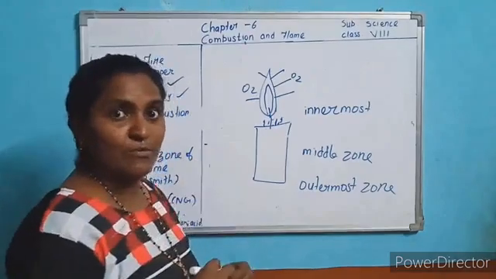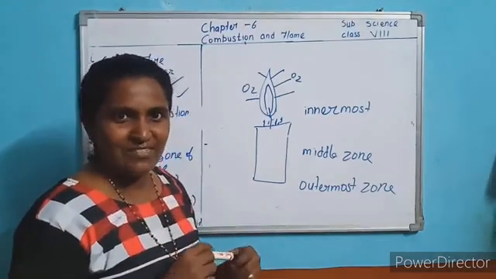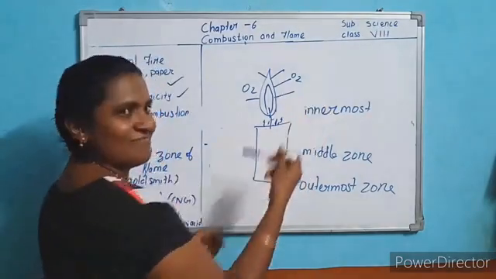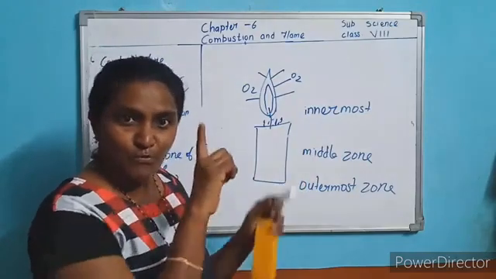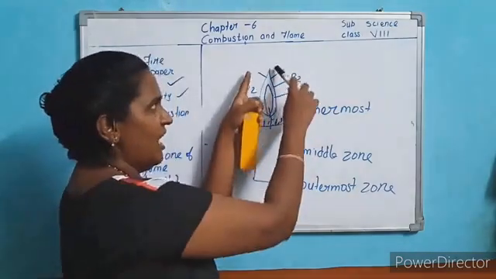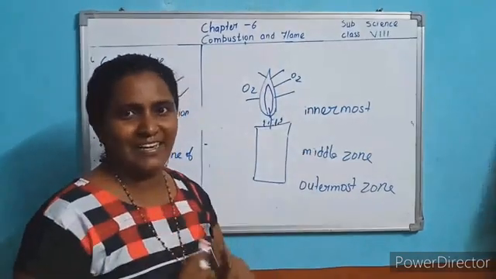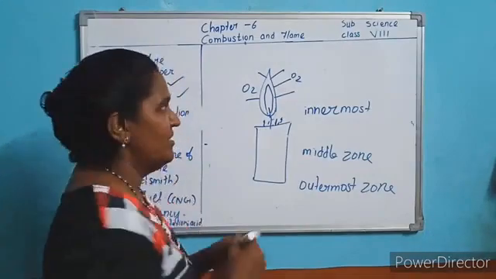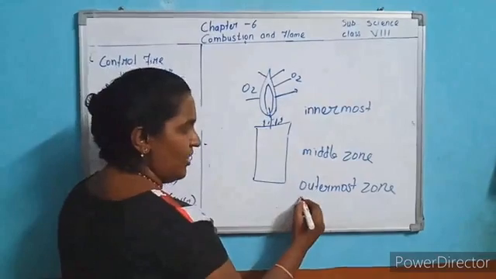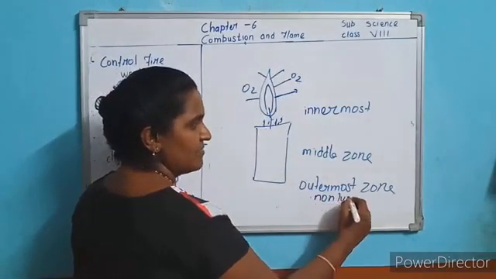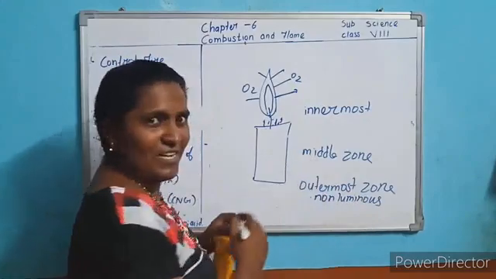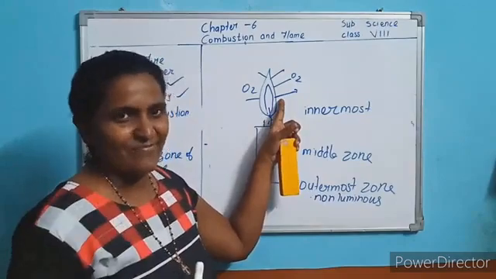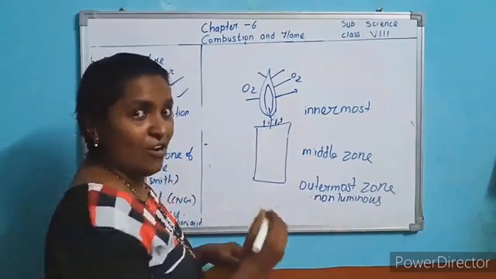Understood? That is what a goldsmith uses. If he wants to melt gold, he uses this flame because it is the hottest flame. Blue color flame is the hottest flame. Here the outermost layer is the blue color layer, which is very hot, the hottest layer. Understood? So it is called the non-luminous layer. Why non-luminous? It does not produce light, it produces more heat. So non-luminous and hottest layer.